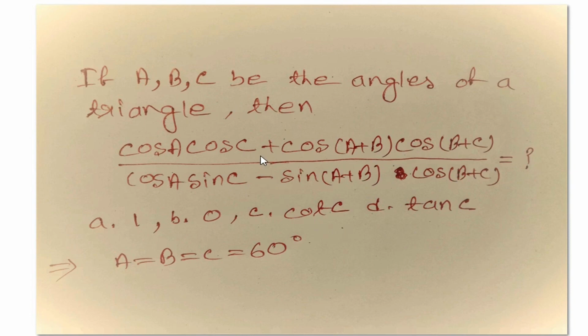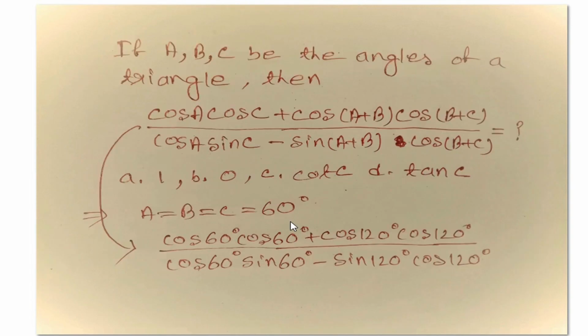Now we know that A, B, C may have many values, and we know A + B + C is 180 degrees. But for the trick, we will take only the values of A, B and C as 60 degrees. So A equals B equals C equals 60 degrees, and you will use this trick only for MCQs, for competitive exam questions. So after taking A equals B equals C equals 60,